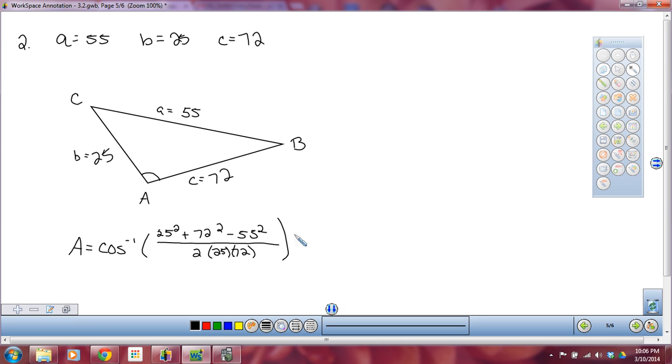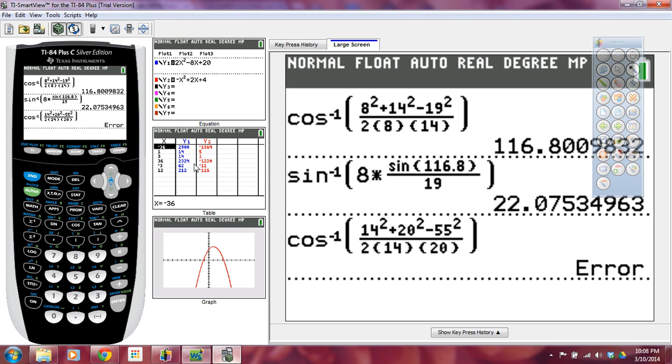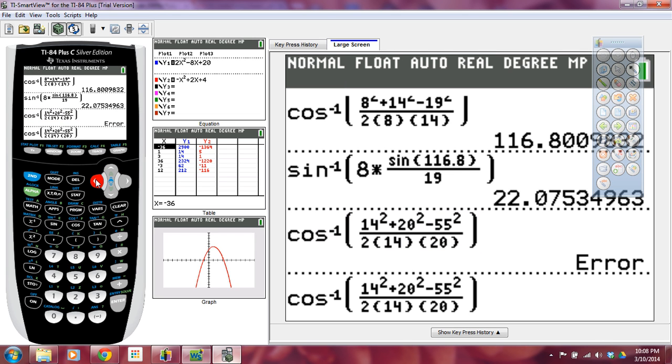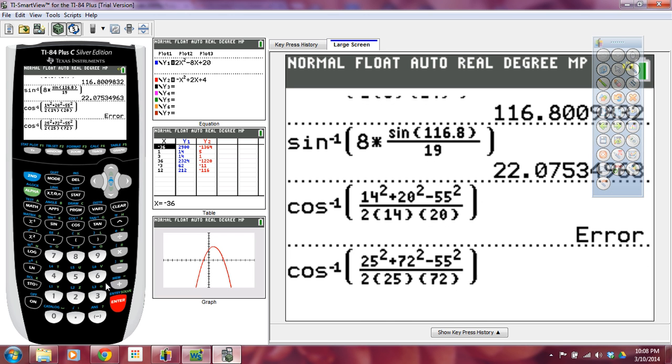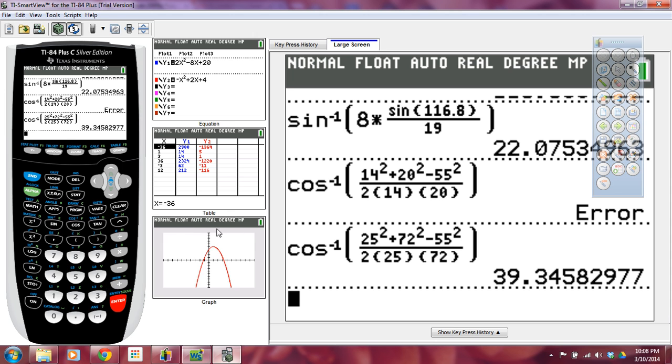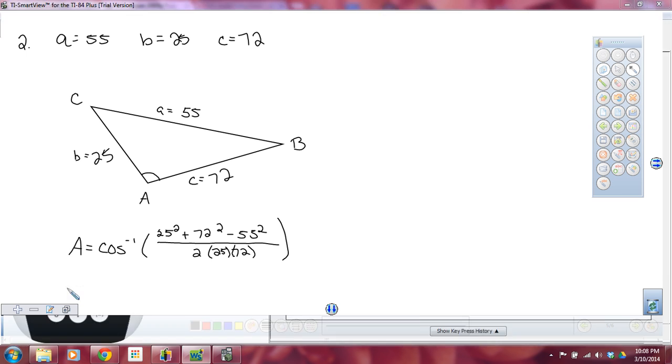Alright. Well, the good thing is we didn't get very far before we figured this out. So let's go back to our calculator and redo this shebang. Alright, 25 and 72. Again, you can just bring this down here. Sometimes it might just be easier to do it. 25, 72, drop down, 25, 72. Let's hope this comes out this time. Okay, 39.35. Let's go with 39.35. So A is